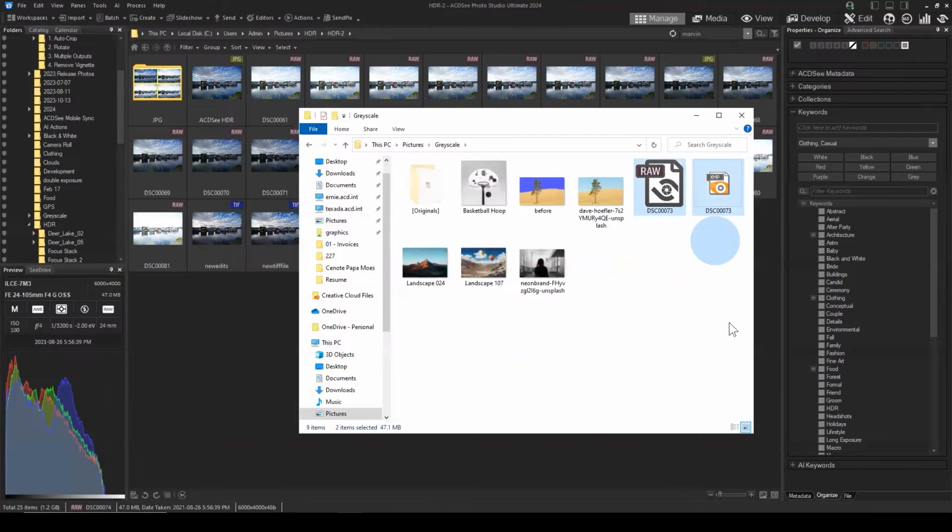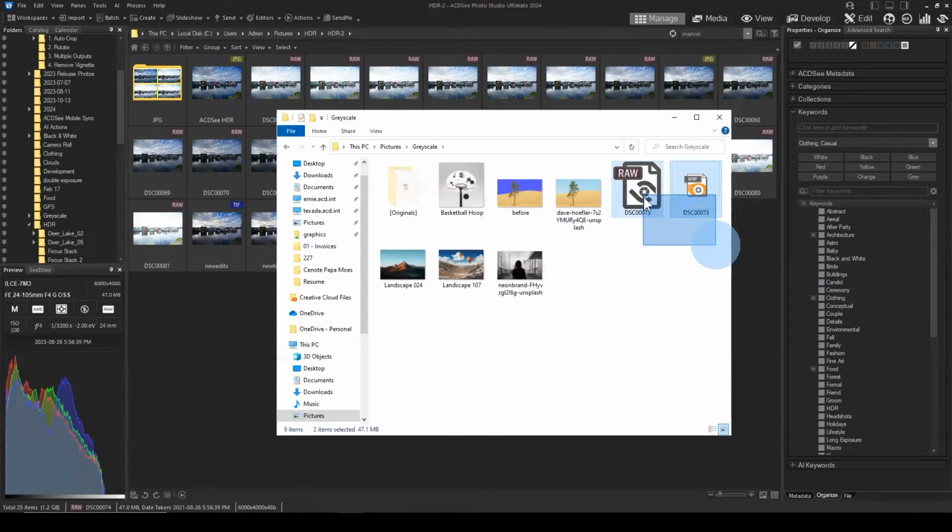Yeah, so your DSC file, when moved in ACDC, also moves the XMP or the sidecar file. Again, the important point here is that these might not even be visible to you. I think I might have even turned on showing sidecar files in Windows. But the really important point here is that if you're going